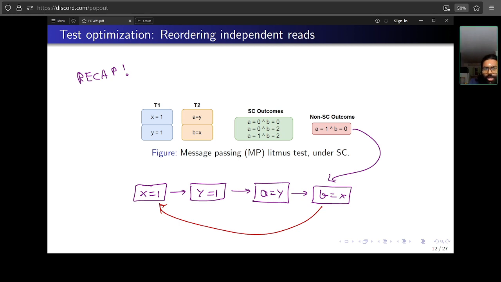And let's take the test optimization, reordering of memory. Just to recap, the message passing outcome is not having a cycle.